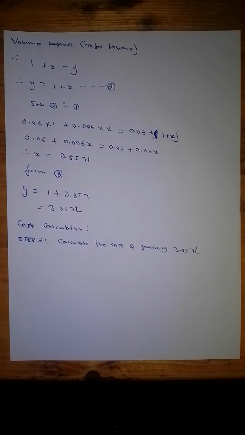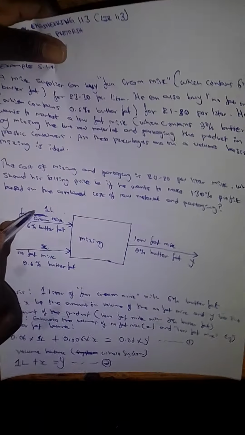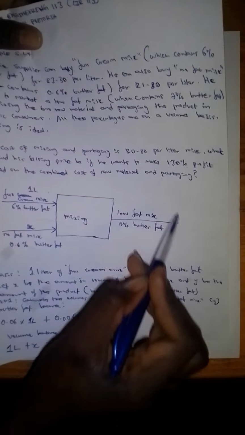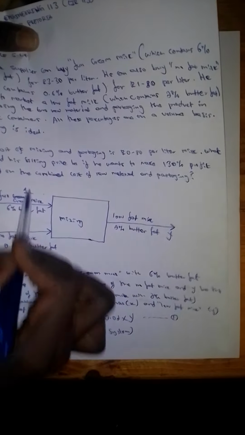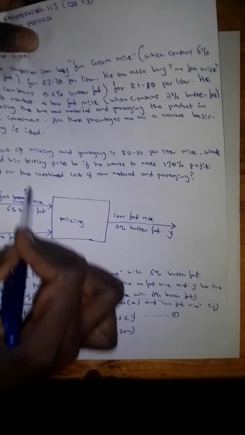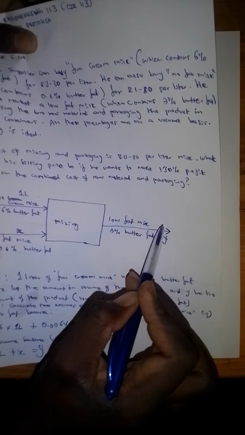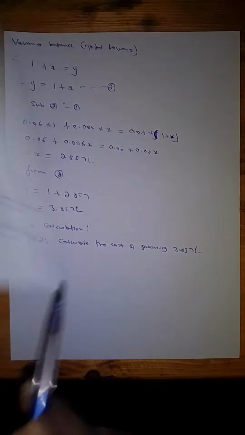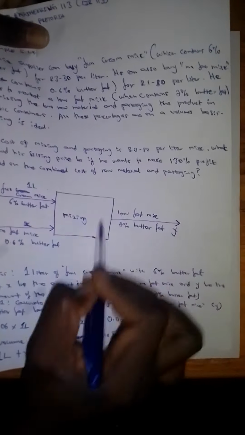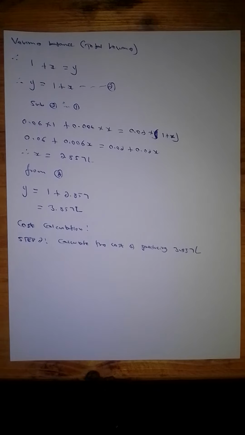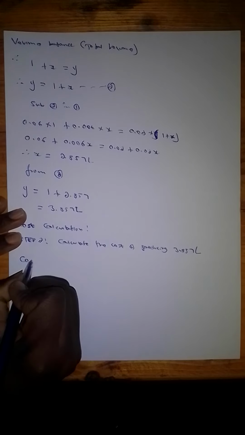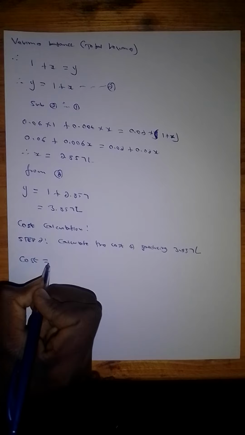We're going to stick to the basis of 1 liter here, and calculate the cost of producing the total when you add these two milks, these two volumes. So we're going to calculate the cost of producing the volume of milk here, which is 3.857. We can say cost equals